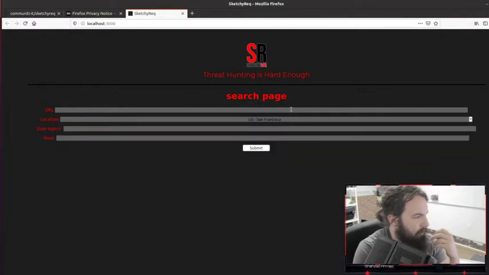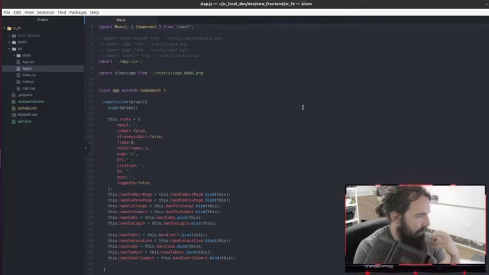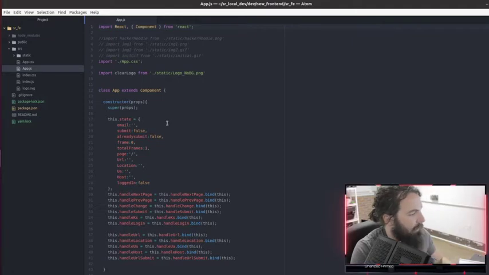This is where you're going to type the URL, you're going to choose the location of the endpoint that you're going to route your request through. If you have a custom user agent, then you're going to input it here, and then you're going to input your host string here if you have a custom host string. So it looks like hot trash right now because it's barely functional, but that's going to be what we're working on.